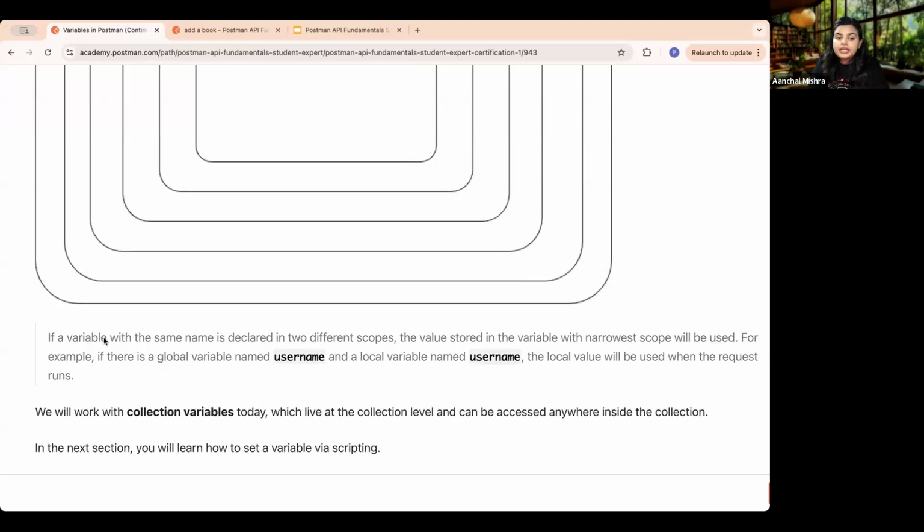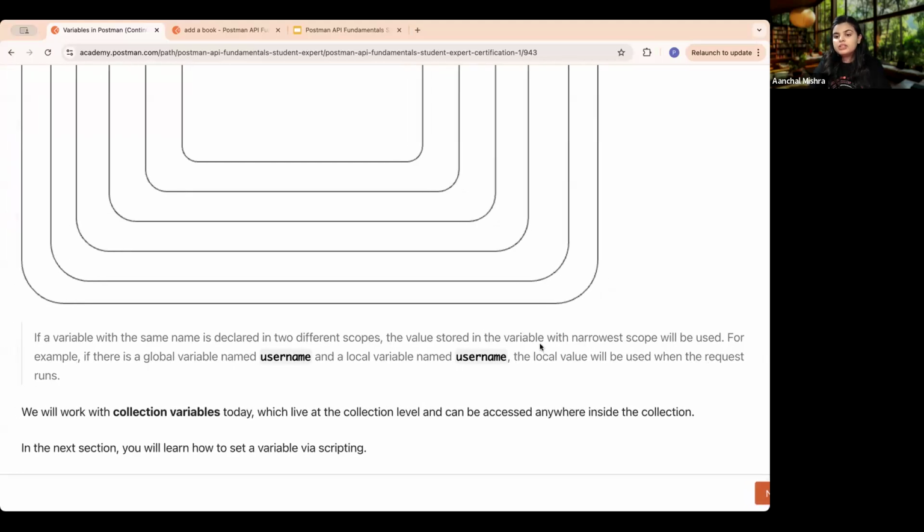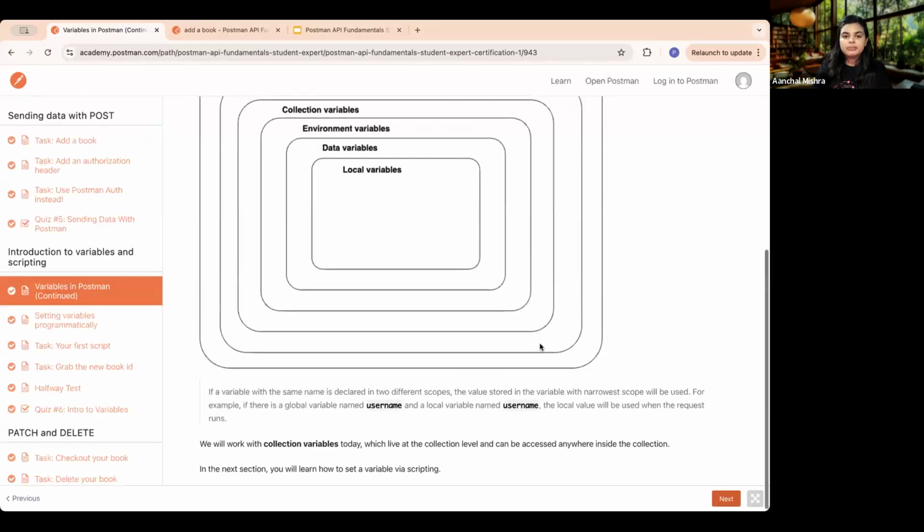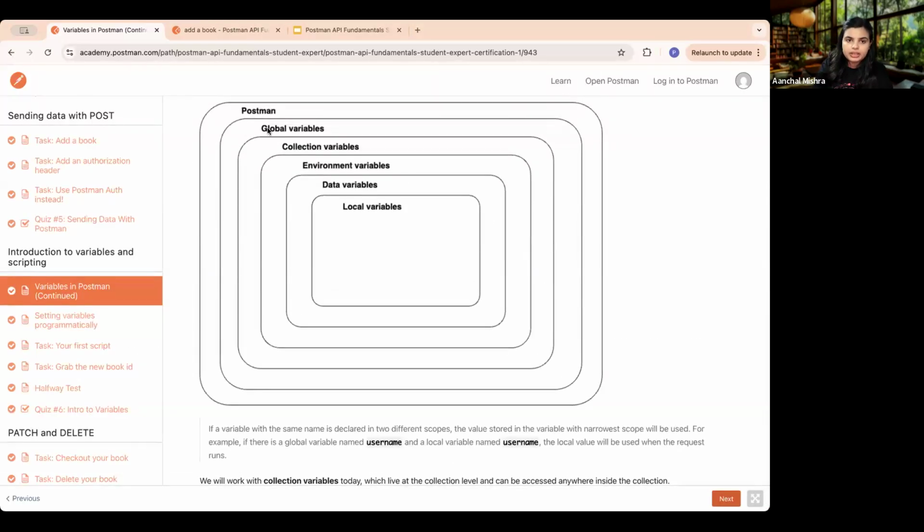So if a variable with the same name is declared in two different scopes, the value stored in the variable with the narrowest scope will be used. The simplest example is mentioned here. If we have a global variable named username, and then we have a local variable named the same, username,